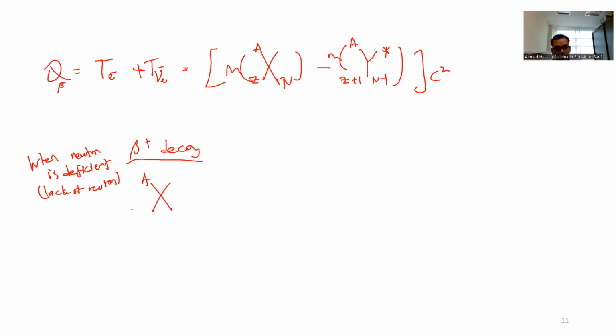Begin with the parent, get the daughter in an excited state. This time, because of a lack of neutrons, you increase the number of neutrons by receiving them from the conversion of a proton. So the mass number remains the same. Okay, so the particular process